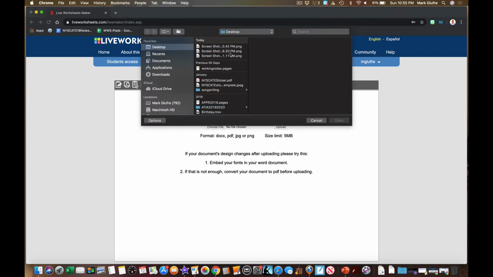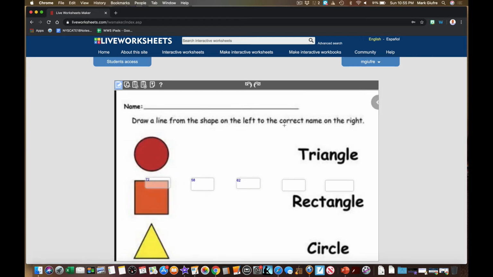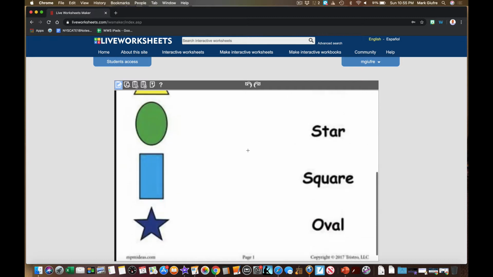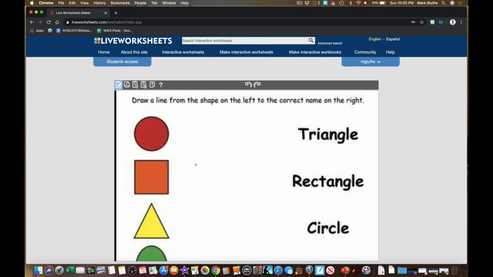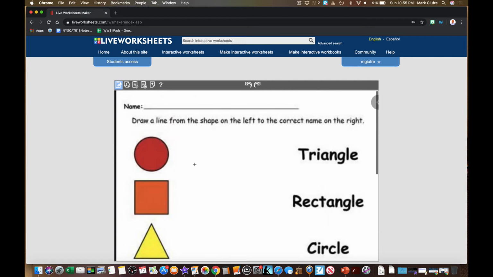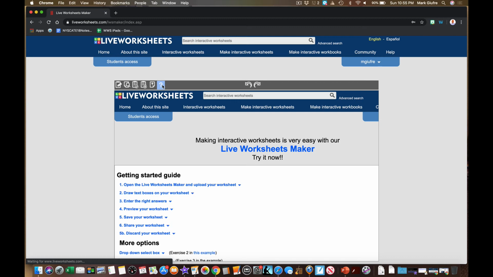Choose a file again from my computer. This time I'm going to choose this worksheet right here. Now I'm going to undo what's there because it's a different type of worksheet. Now this worksheet right here is more of a matching type worksheet or drawing a line to an answer. Now how do you do that? If you go to this question mark right here,